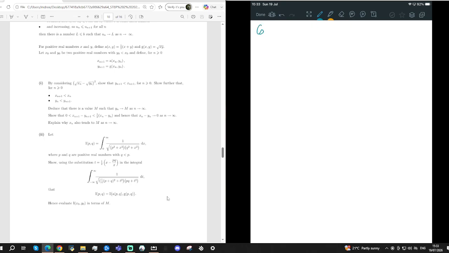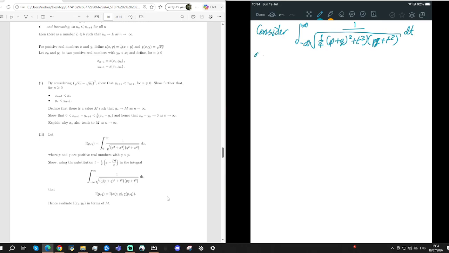So instead, let's consider the integral between negative infinity and infinity of a quarter p plus q squared. Let's try and write that slightly nicer. Plus t squared and pq plus t squared, all square rooted, 1 over dt,